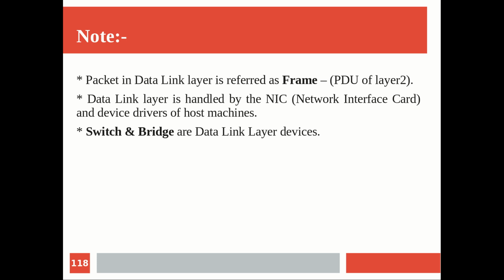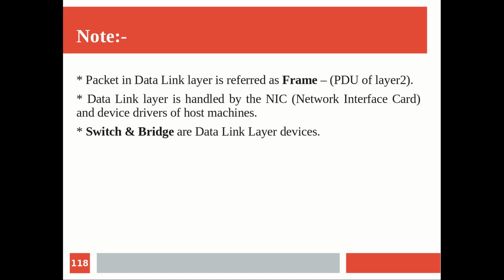The switch and bridge are mainly the data link layer devices. We will see how a switch is different from a hub. A hub is just a connection point, but a switch is more intelligent in the sense that it can selectively communicate the data, or filter the data. That switching is done in a more intelligent way than a connection point like a hub. And a bridge, in addition to switching, can also do protocol conversion. So a bridge is something you can use at the boundary of two different LANs.